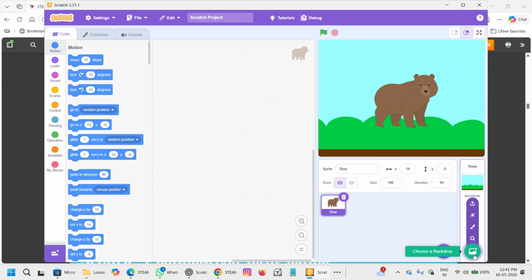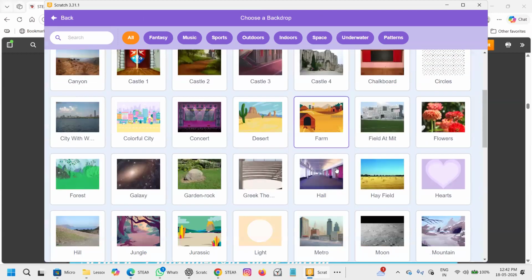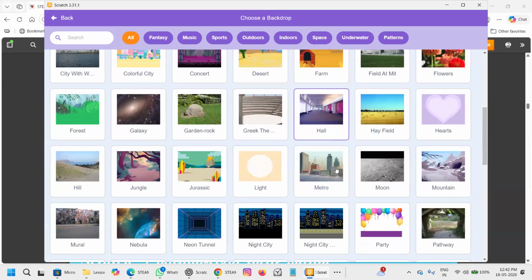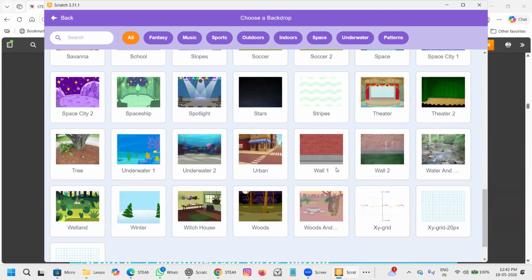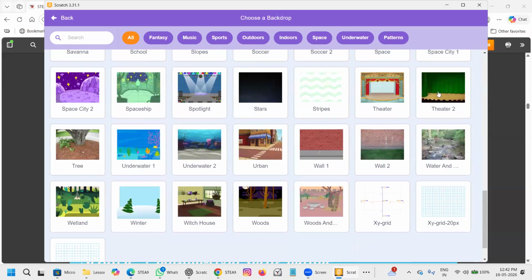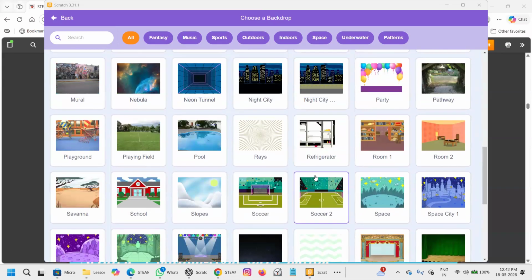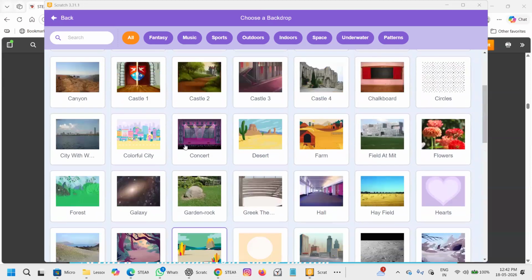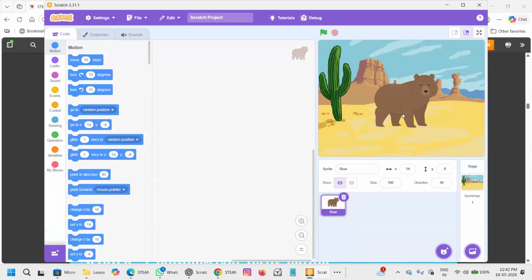Okay, I click this. So I get background. What background you want? Quick. Choose quick. Shall we go to this desert? Where is a desert? You don't find bear. Desert, we will not find bear. Okay. Still you said desert. So now I am lost. Where is the desert? Yes, desert. Ah, okay. I chose the desert.